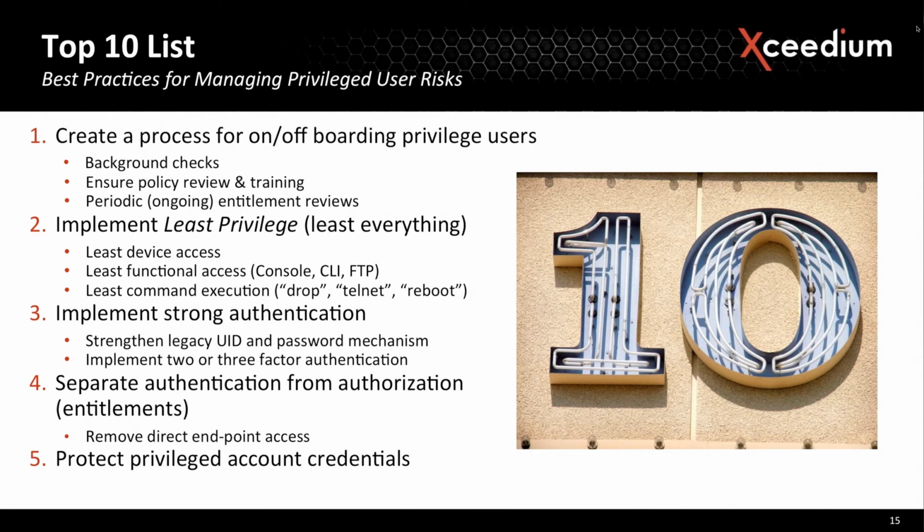The second is really this concept of least privilege, and if anywhere it applies, it's for privileged or sysadmin types of accounts and these cloud console accounts. It's very important for these. So when we say least privilege, we mean least everything. Only having access to the devices or nodes that they should have access to based on responsibility, only having the methods to get to those devices that they should based on their job role, whether it's console connect, a command line interface, or something like FTP, and hopefully very rare scenarios,